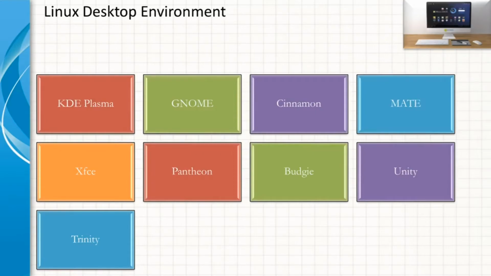Trinity. The Trinity Desktop Environment project is a feature-rich desktop environment for Unix-like operating systems with the primary goal of retaining a traditional, efficient, and productive user interface. The Trinity Desktop Environment was born as a fork of KDE, the K Desktop Environment version 3.5. It has evolved to be an independent and standalone desktop environment project.